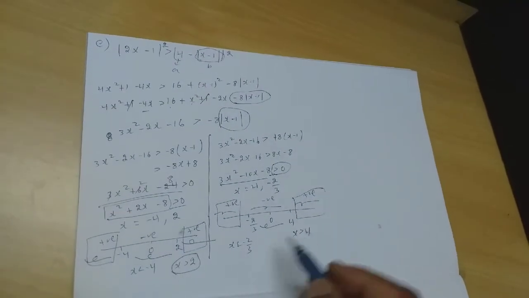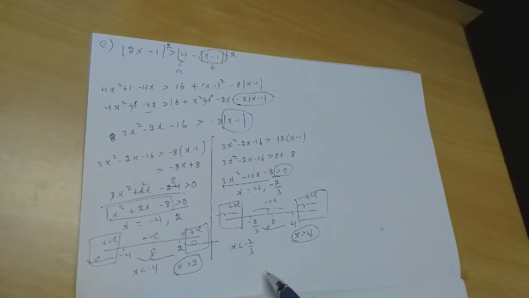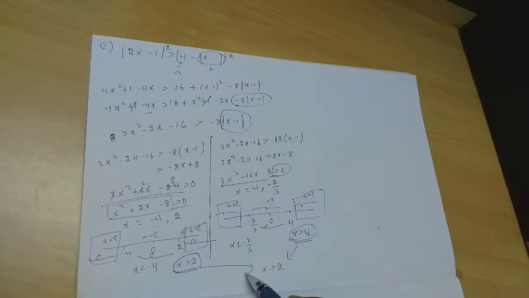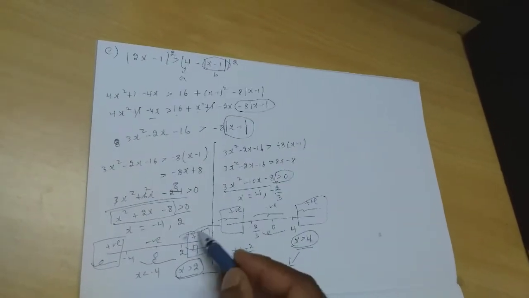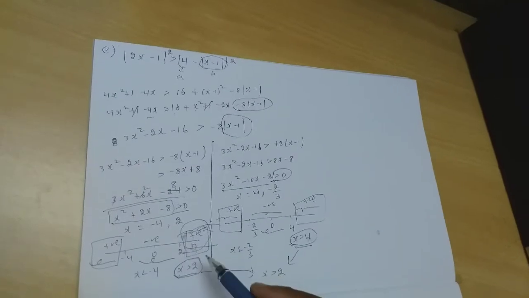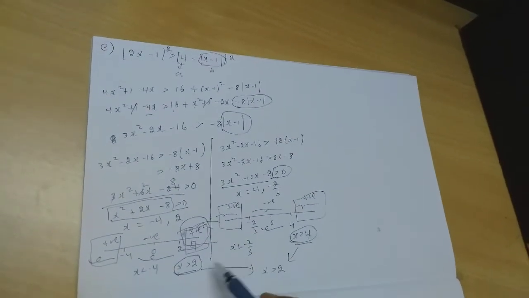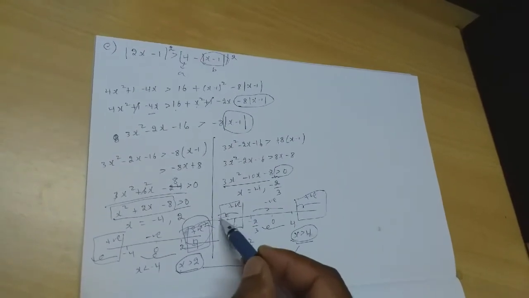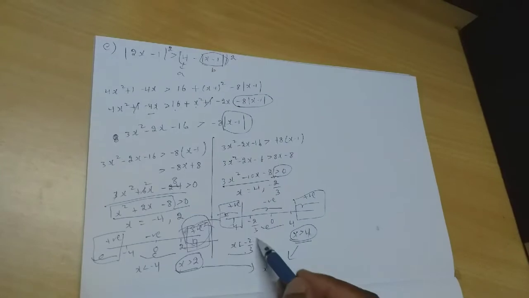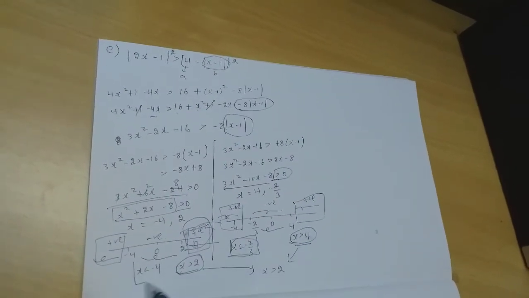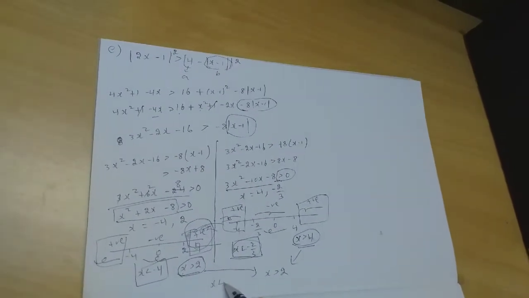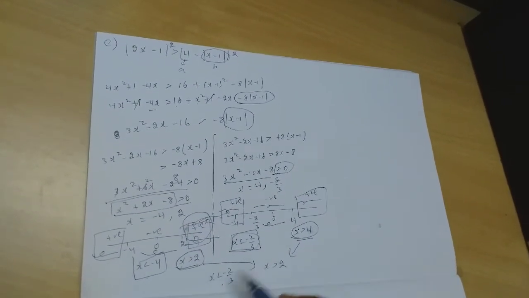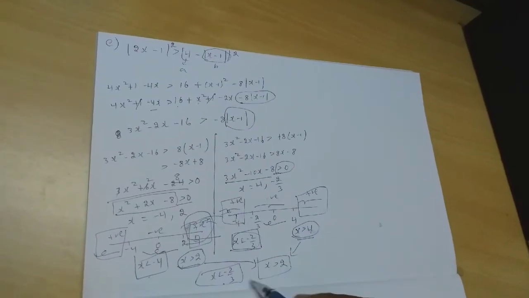In x greater than 2, x greater than 4 is already included. These two, instead of writing twice, I can write as one single statement. Greater than 4 is included in greater than 2. Now x less than −2/3 and over here −4. X less than −4, those set of values are already there in this. So again, instead of writing these two, if I write only x less than −2/3, this also covers x less than −4. So now these two are my answers.